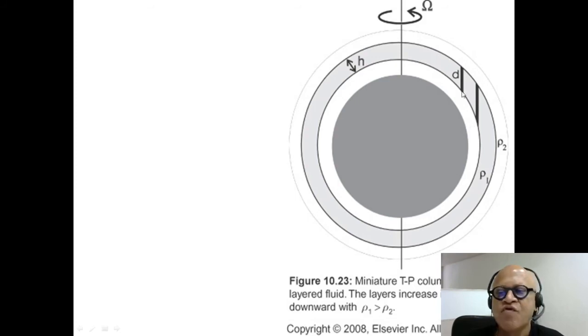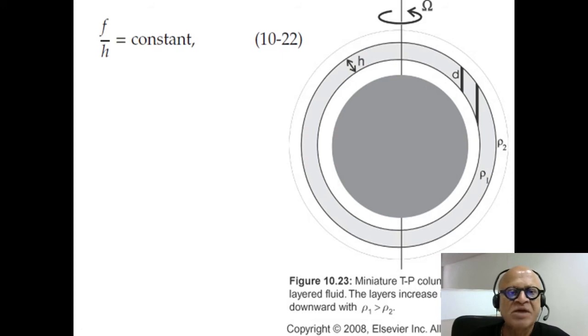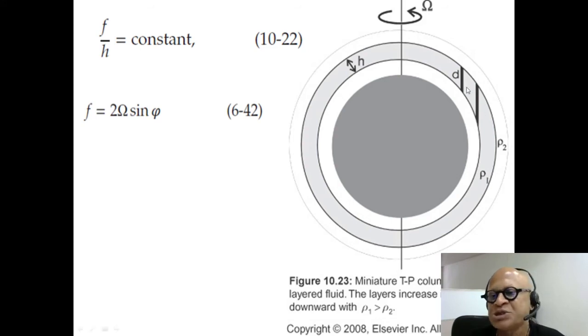So when the water moves, it's actually moving through different f, hence Taylor column stretching happens, which means f over h is constant. Okay, that's kind of a heuristic argument, but one can go through the math of it. So f over h is constant, where f is 2 omega sine phi. So at any latitude we can take a Taylor column, and it has to maintain its potential vorticity, because think